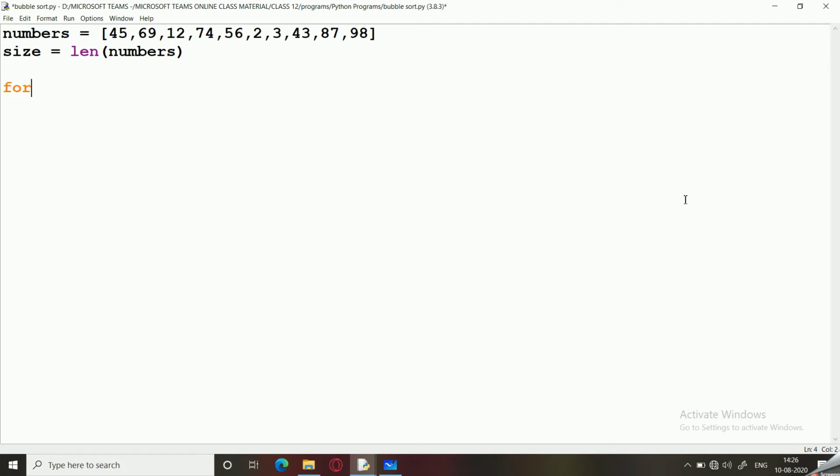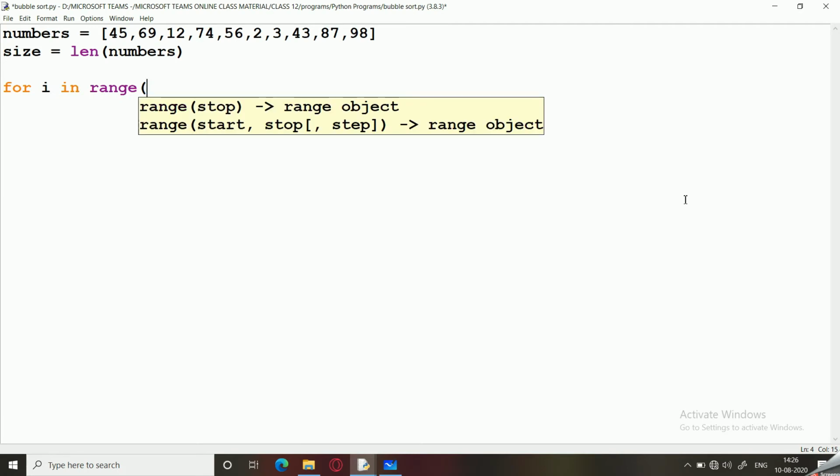And now for i in range, you will start i from the first value only, and because 0 is the default, we can skip that and we can simply type size - 1.